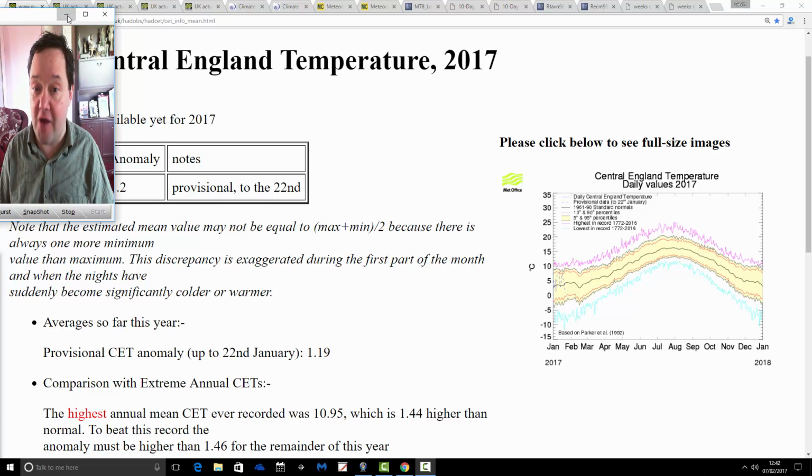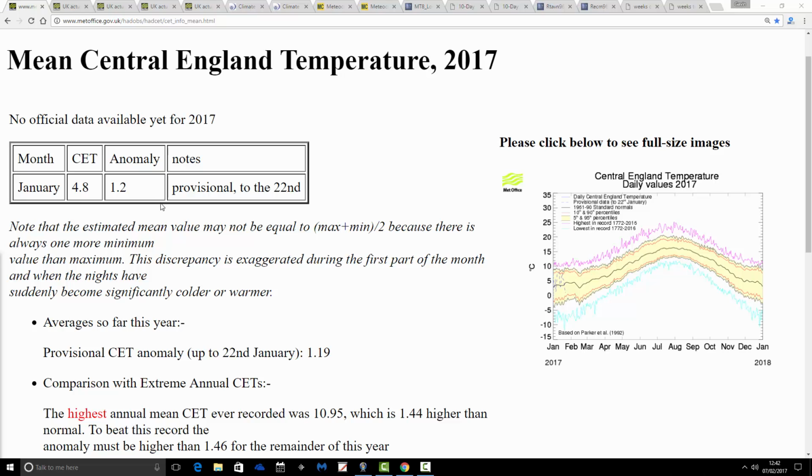So just starting off with January, and trying to put the finishing touches onto what happened in January. The Central England Temperature still hasn't updated. We haven't had an update from the CET since the 22nd of January. Quite a long time back now. Not sure what's going on there. I did tweet the UK Met Office yesterday to ask when they'd be updating the CET, and they didn't have an answer for me, so I don't know what's going on. But anyway, at that point, up to the 22nd of January, the CET was standing at 4.8, an anomaly of